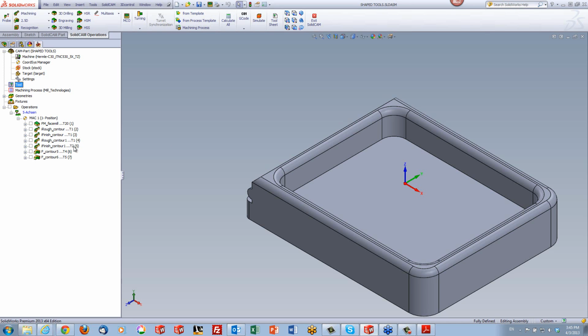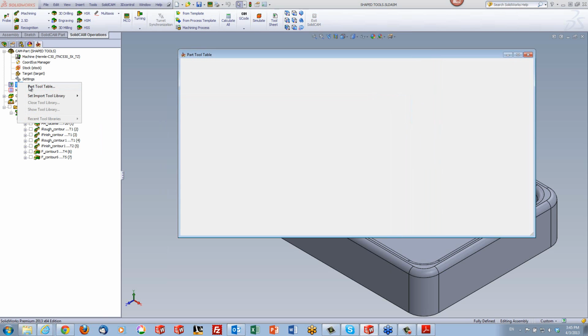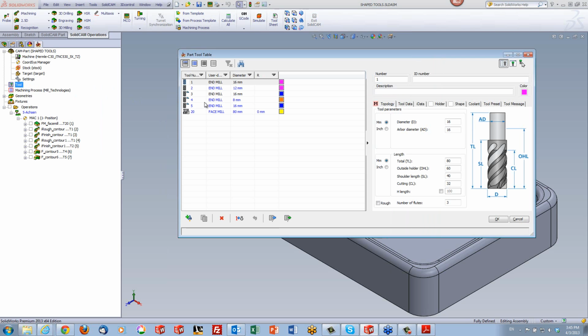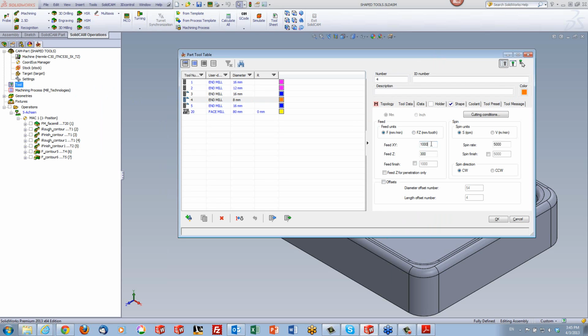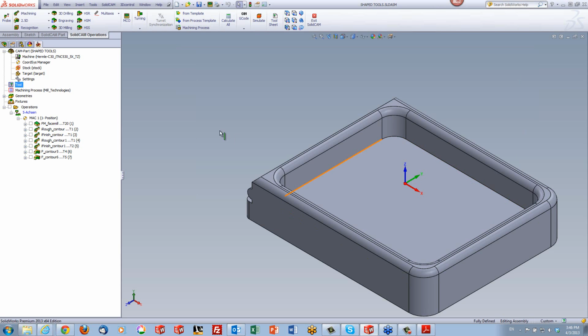First, let me go into the tool itself and make that change. We're talking about T4. So I'll go into T4 itself, go into my tool data, and change my feed XY to 2000. Okay, and my spin rate to 3000. Okay, irrelevant whether it's correct or not correct, that's not the point right now. Now click on OK. Now, obviously, this tool itself